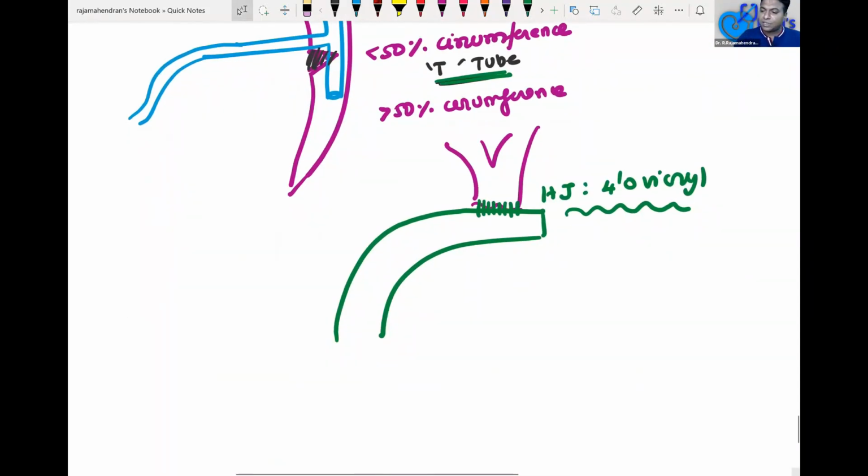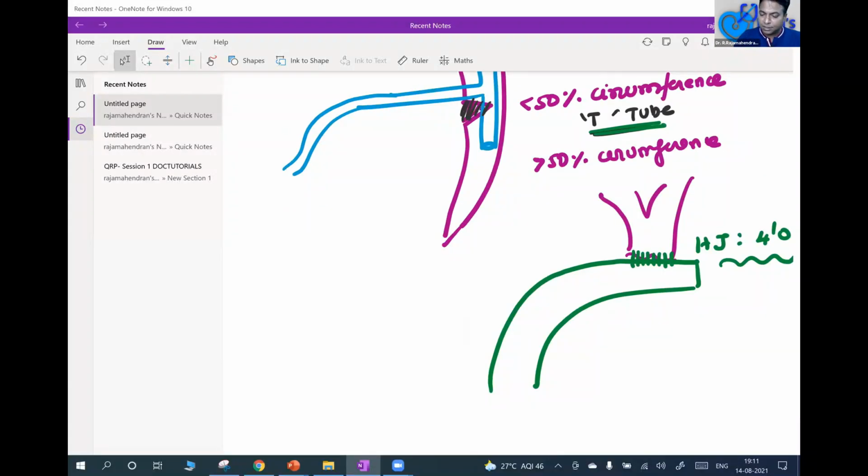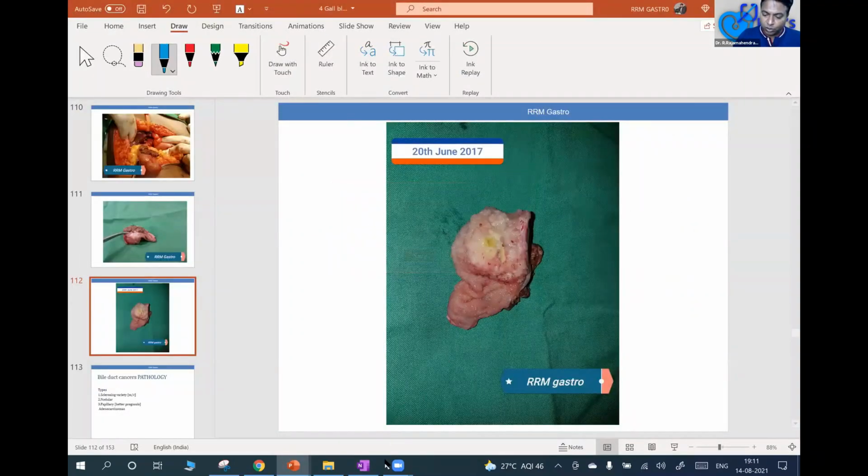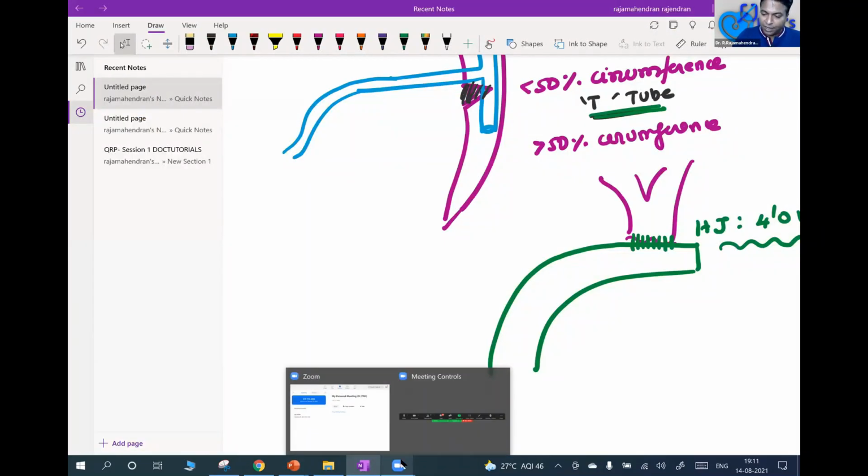Related to CBD stones, I'm not discussing in this chapter because this module is not related to CBD. So in future, we'll have some other session for a CBD stone discussion. Now let us come to a very